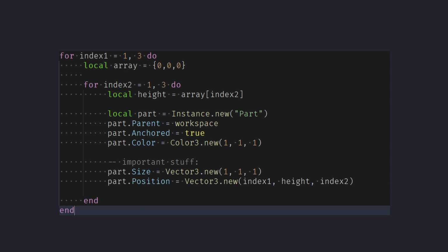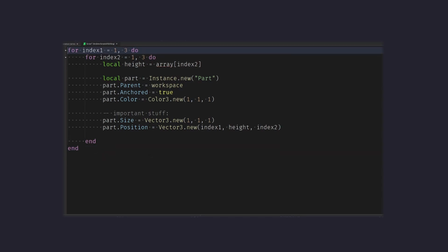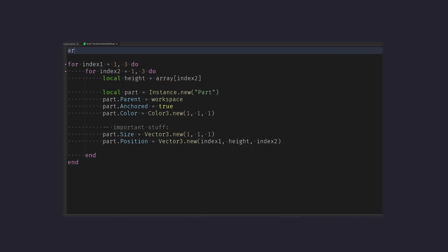So far we haven't rendered a 2D array, we just rendered the same 1D array 3 times. To fix this, we should try adding a 2D array in the code, and I will let the old me explain how to do that. Alright, we can start by deleting this array. We don't need it anymore, and we can try to create our 2D array.